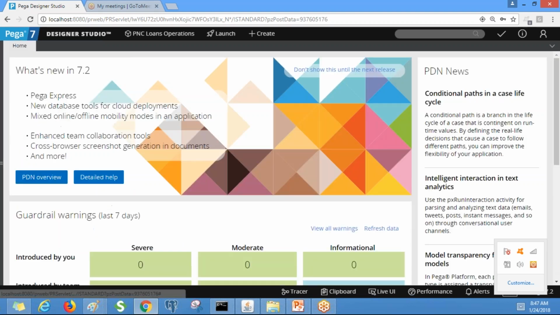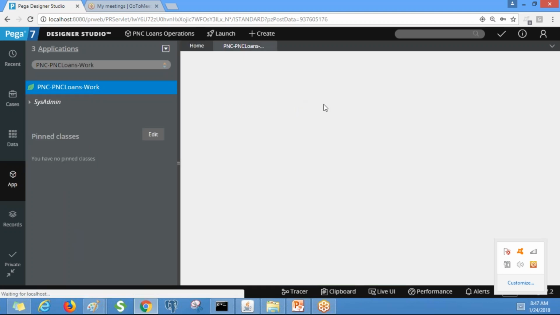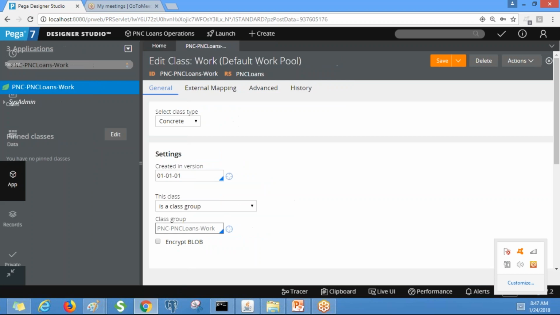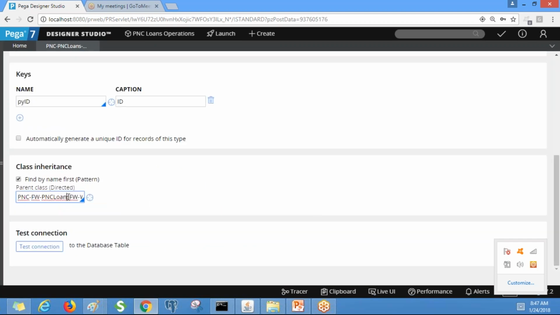We have created an application by using the implementation framework, right? See, this class is inherited from the framework class.